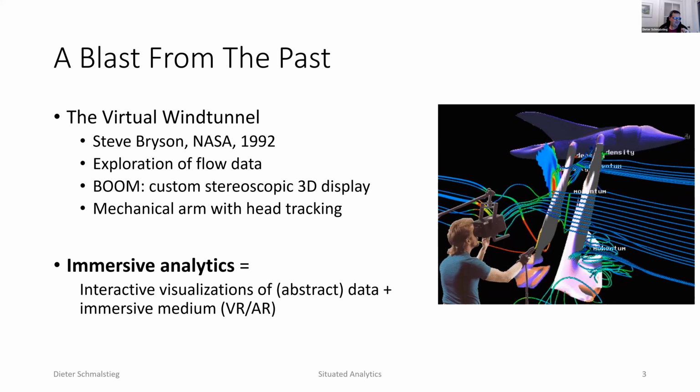Now we call this immersive analytics, the interactive visualization of abstract data combined with not a conventional desktop computer, but with an immersive medium. So either virtual reality, which is what it was then, or alternatively augmented reality, anything along the mixed reality continuum. You know, that idea is 30 years old, but of course today we can go and